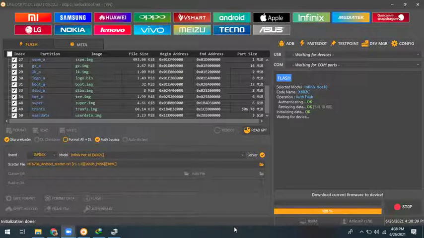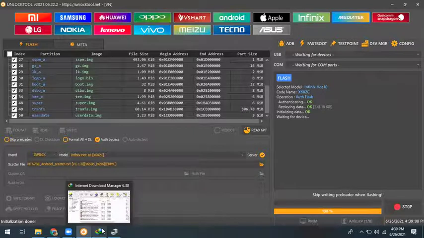Sir, it will automatically skip the preloader file, sir. Automatically. Because if you do not want to press on that security file, and only want to erase the account, in that case you have skip preloader. Otherwise, if you want a full flash, you need to untick skip preloader and it will work. Because the preloader is inbuilt on your account. It is the account file, the same as the persist file on Qualcomm.